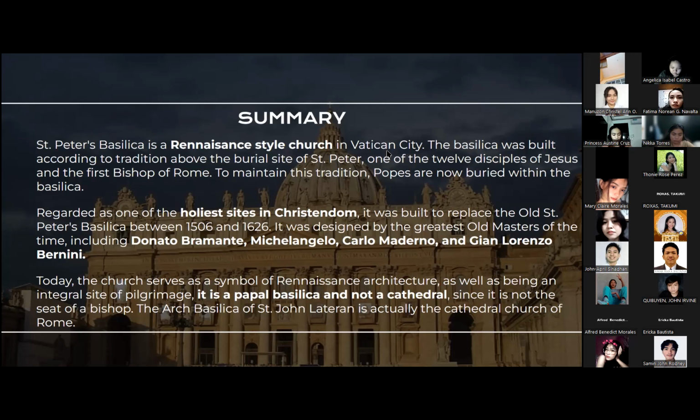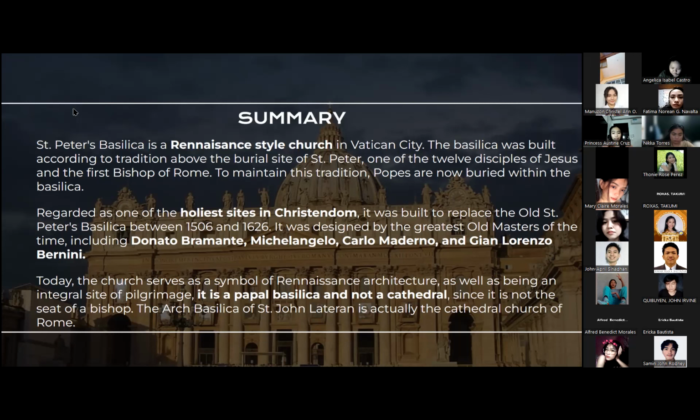under the order of Pope Julius. In 1506, it was constructed into a new basilica, and in 1626, the new church was officially established. As of today,